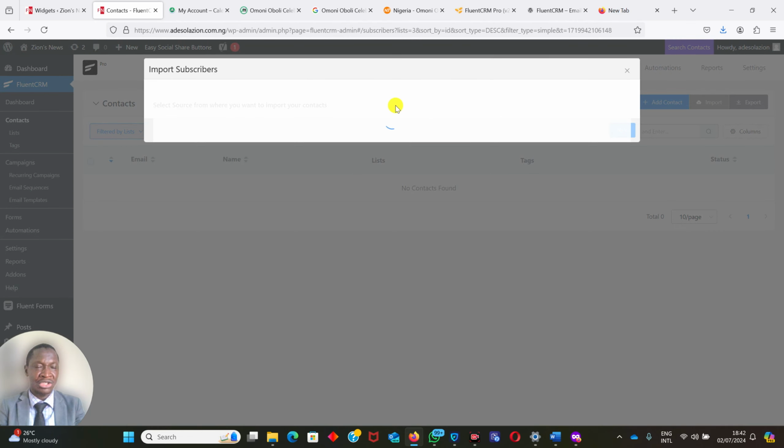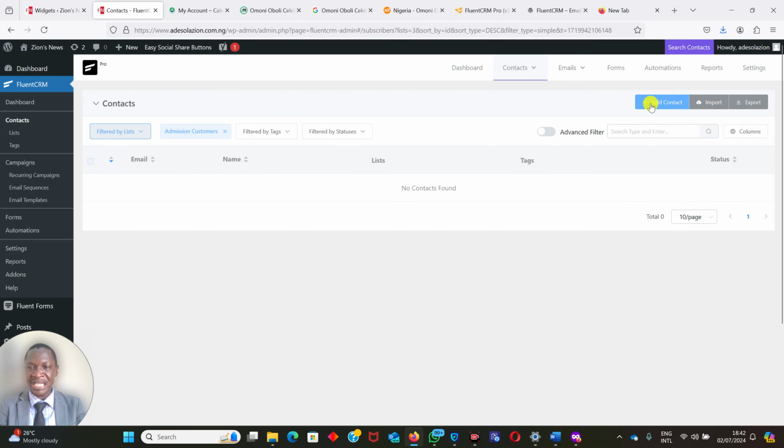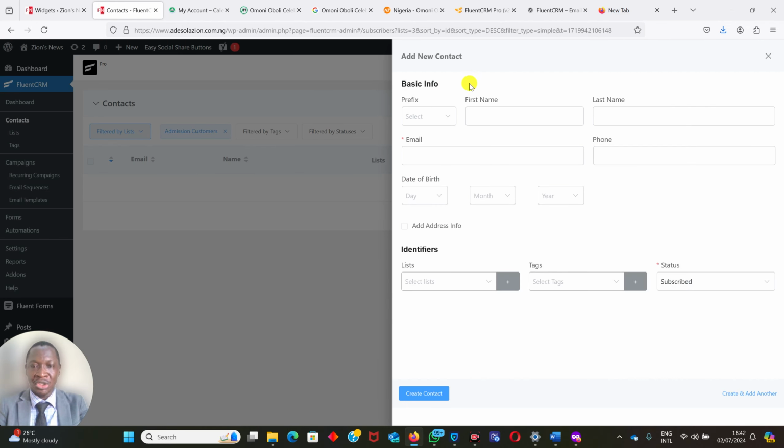And when import subscribers opens, you can just click here, then you'll be able to import, which is very easy. Should we quickly do that? For the sake of some of you who may not have a better understanding of how to use Excel, let me leave that one for now, but I may still show you if time permits. The best way for you, if you don't have knowledge of uploading through CSV, is that you click add contacts and begin to add them one by one. But that one may take you a lot of time.